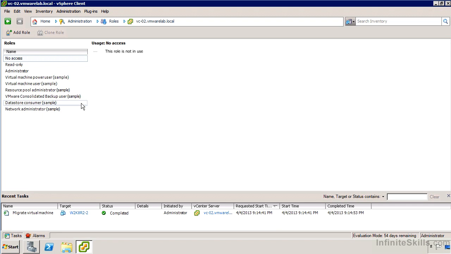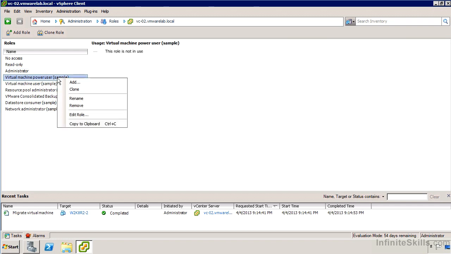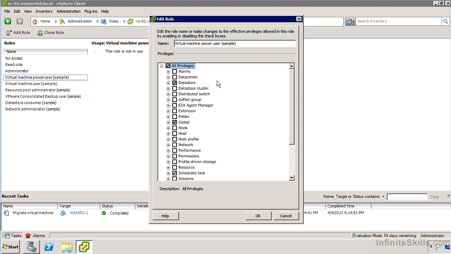So we can see that of the roles that exist already, we have one called no access, which we don't really need to use because if I don't grant anyone access, they're not going to get it anyway. We also have read only, where people can connect to Virtual Center and look around but can't do anything. Administrators who can do whatever they need to. Virtual machine power users. And you'll see over here, we're not currently using this role, no one's assigned to it. But if we right click on it and edit the role, we can see the various permissions that are associated